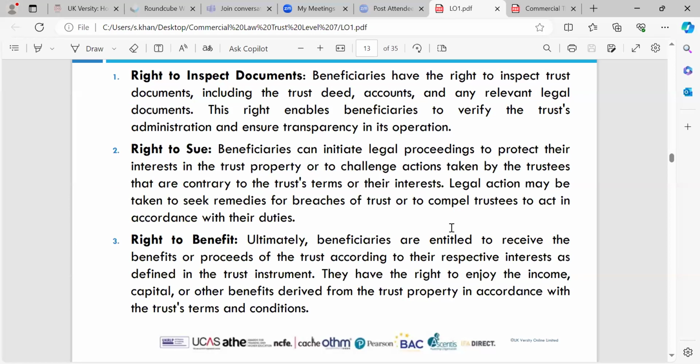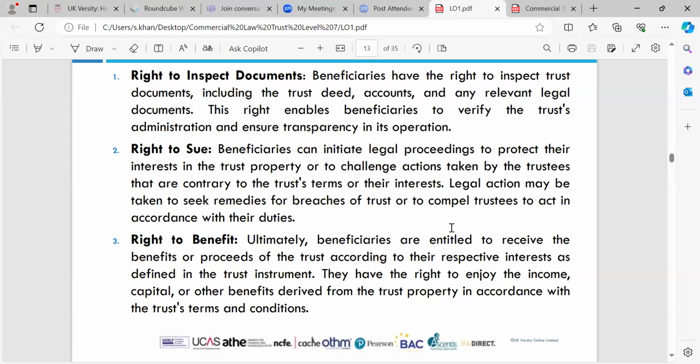This right enables beneficiaries to verify the trust administration and ensure transparency in its operation. They have the right to sue, so beneficiaries can initiate legal proceedings to protect their interests in the trust property or to challenge actions taken by the trustees that are contrary to the trust terms or their interests. Legal action may be taken to seek remedies for breaches of trust or to compel trustees to act in accordance